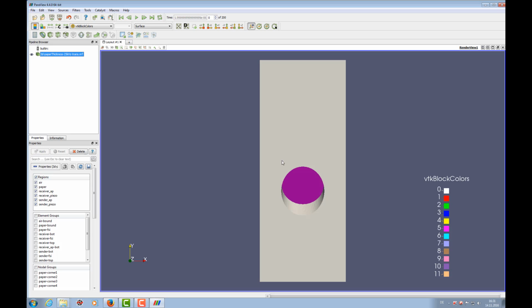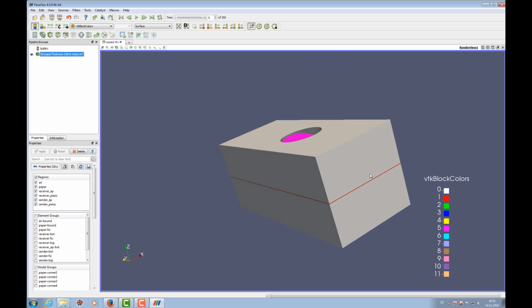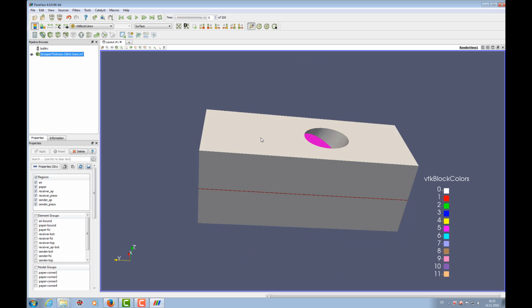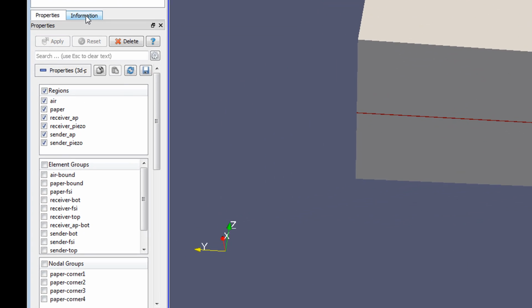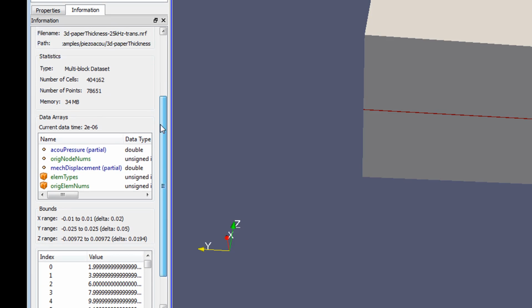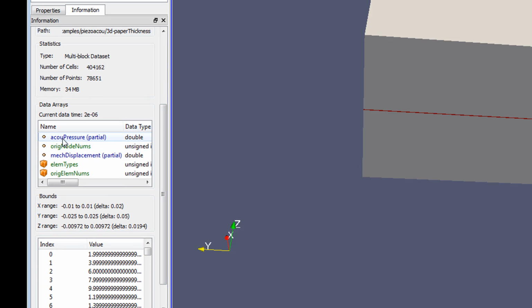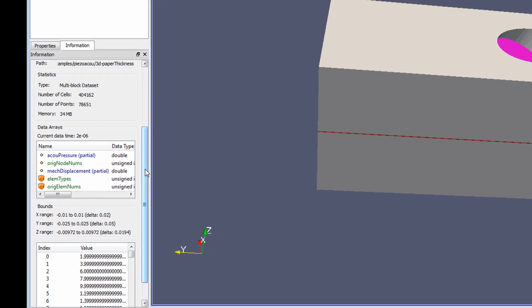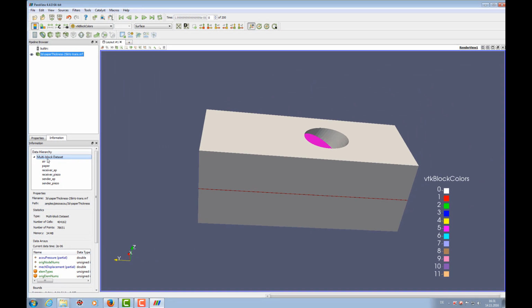Then it takes some moments and we can see our simulation model. Here on the information pane, we can also see what's contained in our dataset currently. Several blocks with the region names are available, and some results like the acoustic pressure, the node numbers, and the mechanical displacement. What we're going to do now at first is separate acoustic domains from